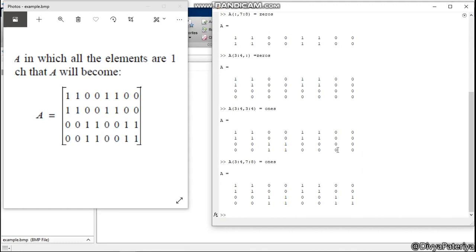If I want to delete the fifth column, 1 2 3 4 5, suppose I want to delete the fifth column of the matrix A, what I can simply do is this: all the rows, fifth column, I want to provide a null matrix, and I won't have this fifth column now. So this is how you can manipulate matrices of your own. Now we will take another example. This will be different from this.